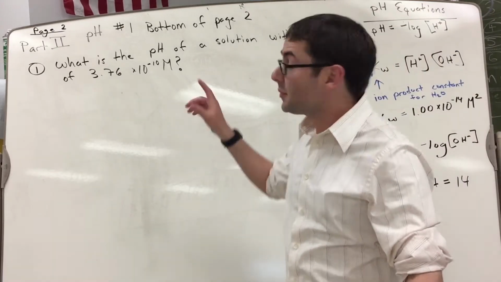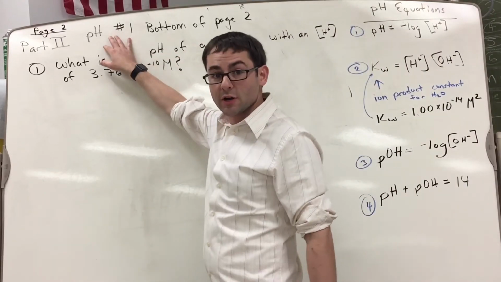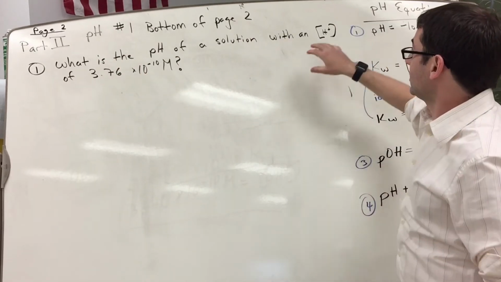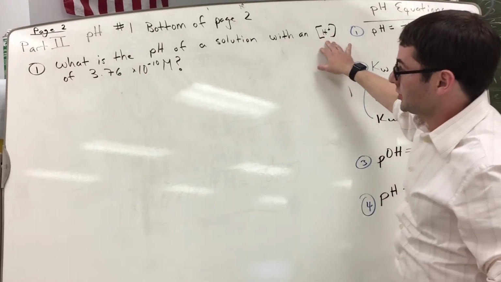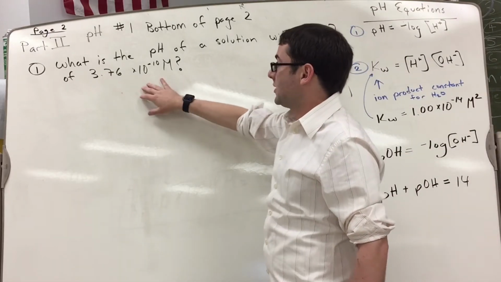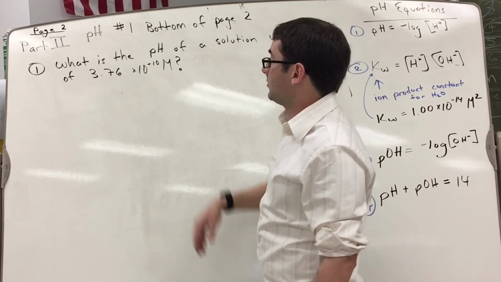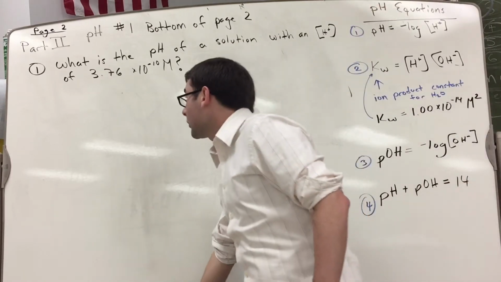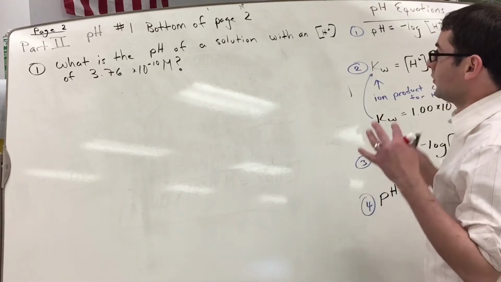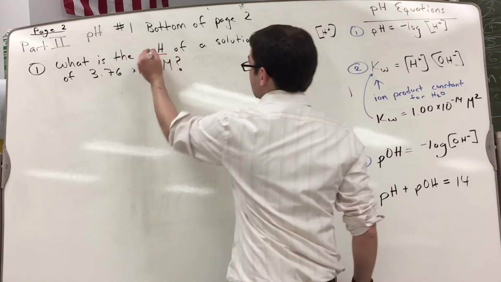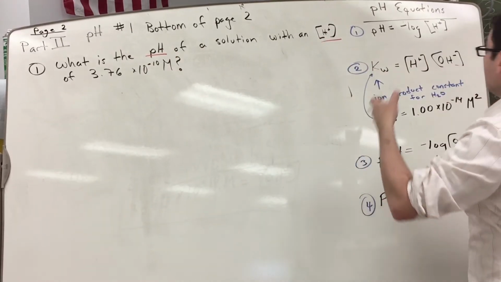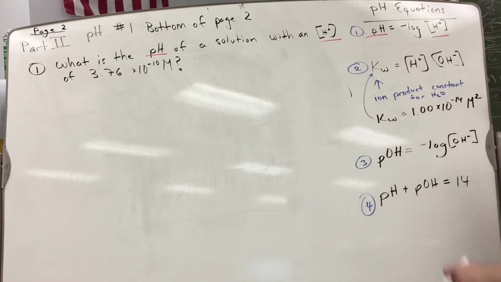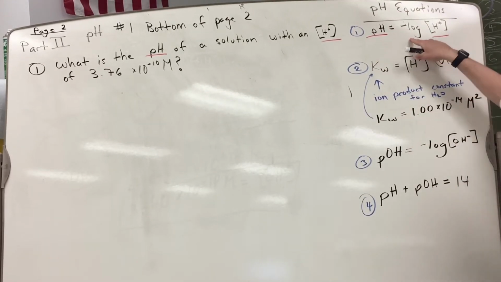This problem is the bottom of page 2 in part 2 where we started talking about pH. The question is, what is the pH of a solution with an H plus concentration of 3.76 times 10 to the negative 10th molar? So again, first thing you need to do is look over to your equations and figure out, all right, which one has pH and H plus in there, and it happens to be the very first one. So if you look at the equation, it has something that might make you a little nervous, log in here,